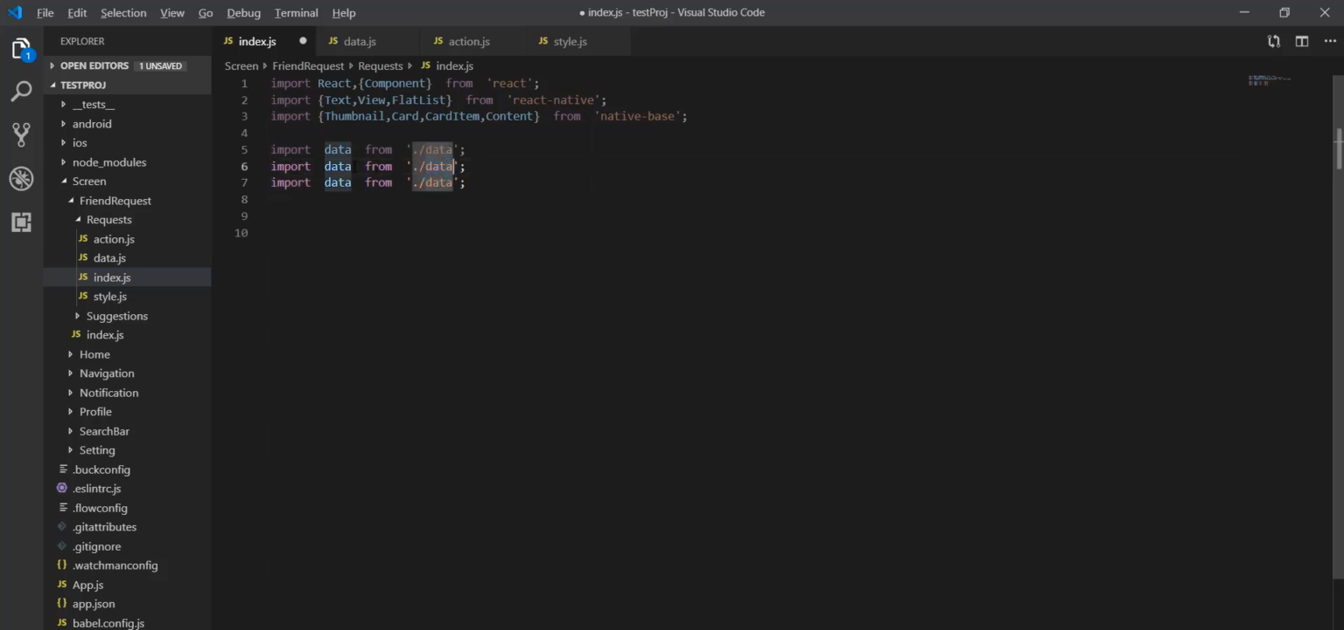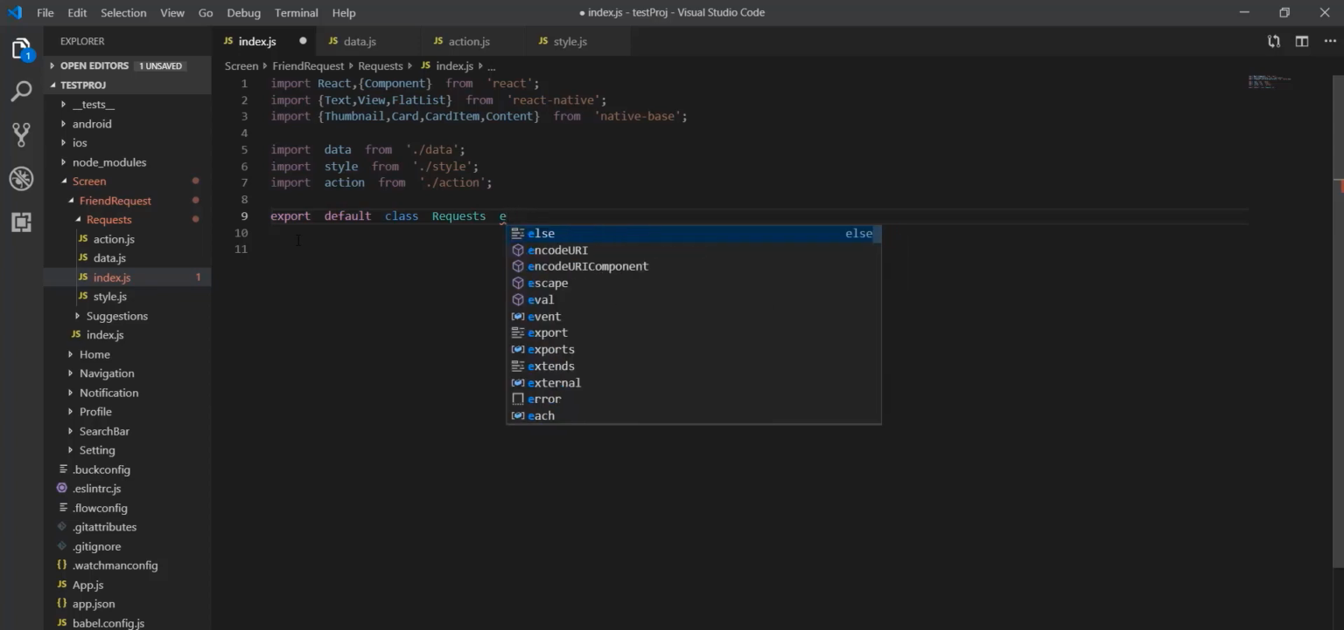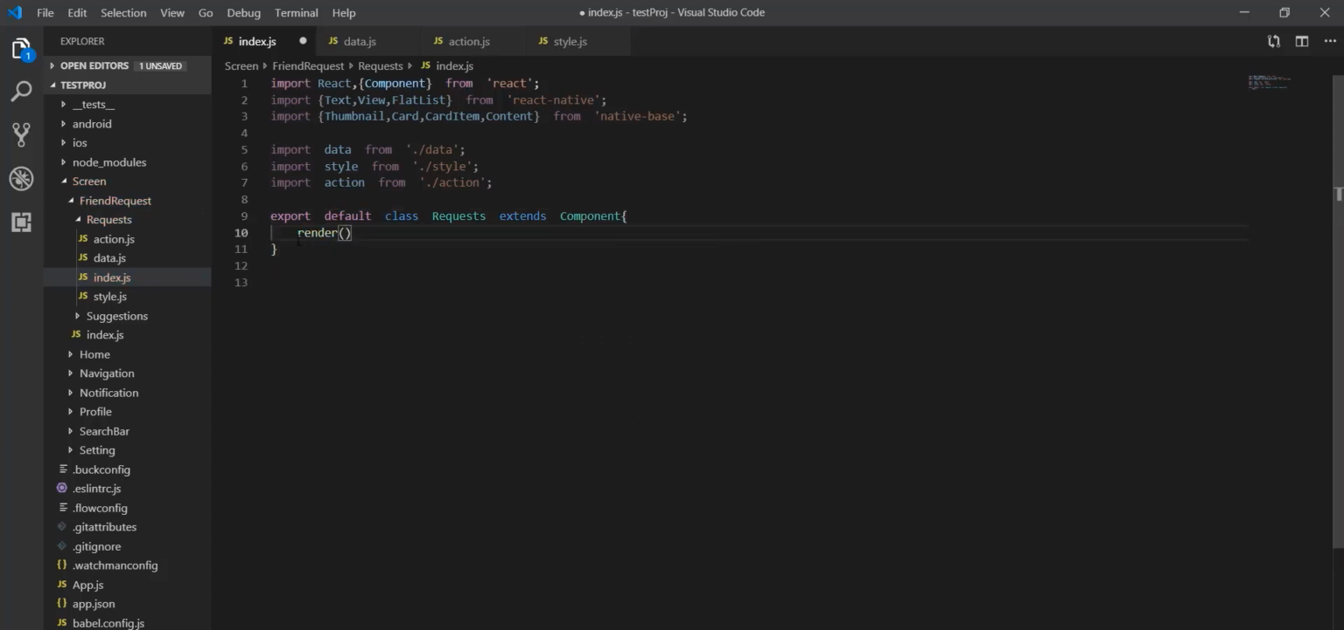Paste it two times and change the name to style. Also change this to action. Remove the extra. Okay. Now I'm going to create a class. So export default class. I'm giving it the name of Request. It will extend Component. Inside it, I'm going to create a render method which will return